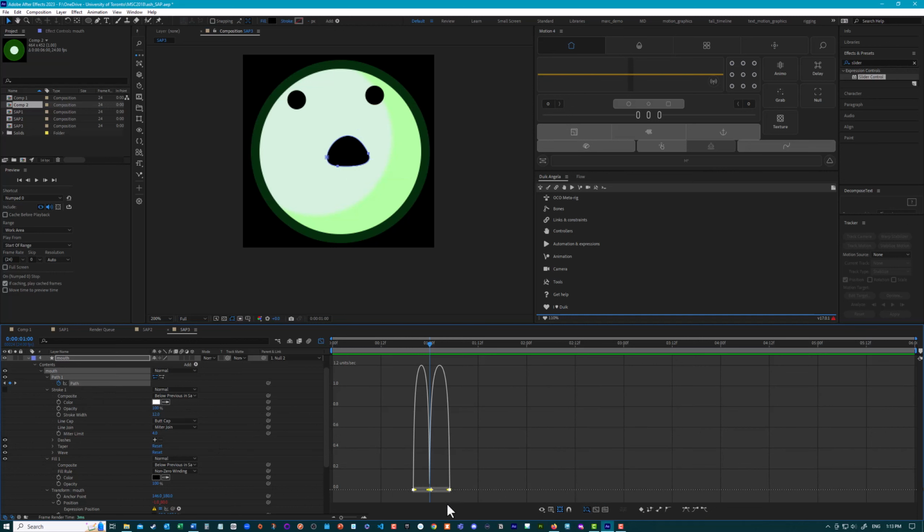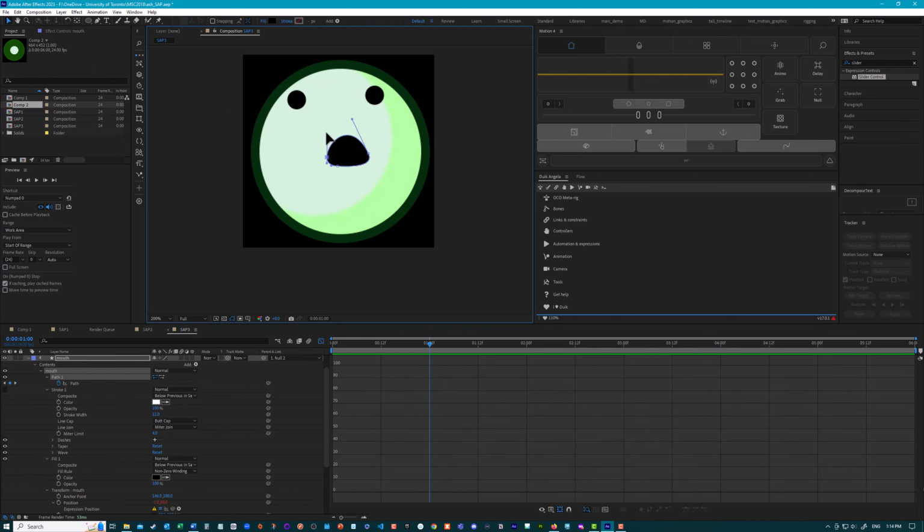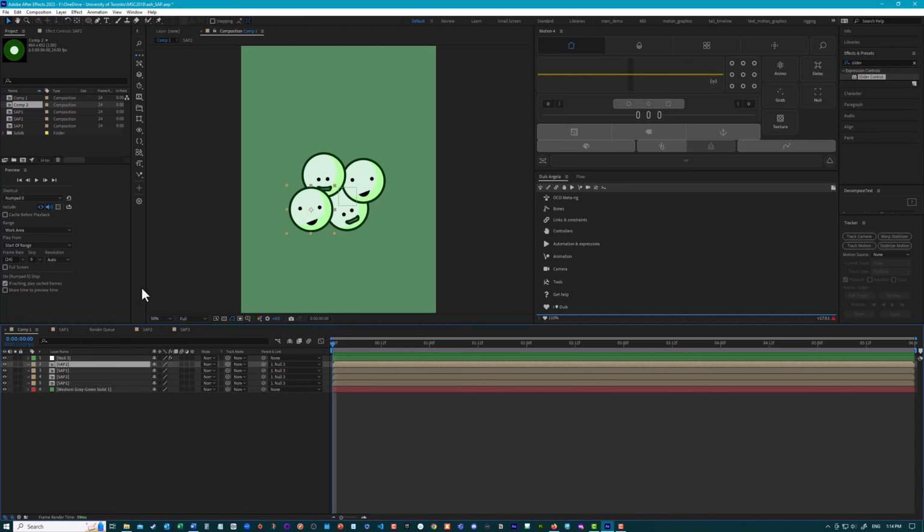Oh, it's because I'm adjusting the path. So I will maybe just go to this point, and I'll just do it in the scene. Mouth gets a little bigger, and then it will come back down. Okay, good enough. So if we go back to our main comp, we can bring this new character in here,